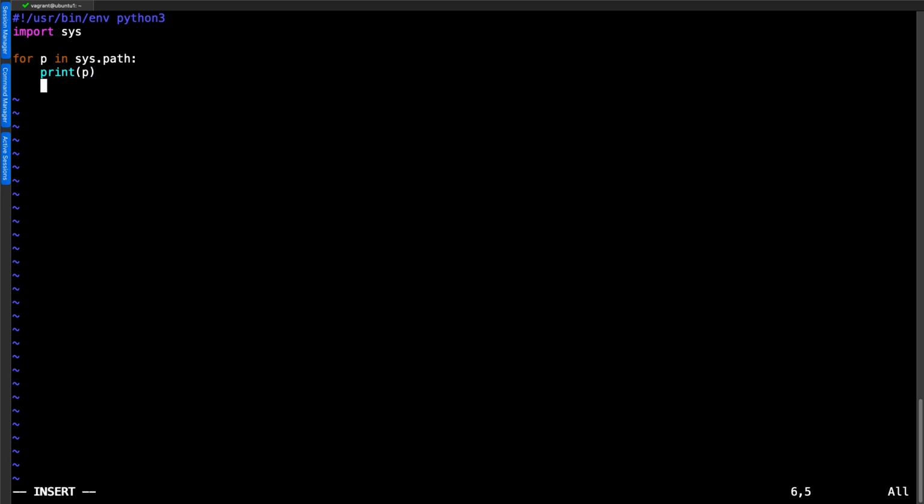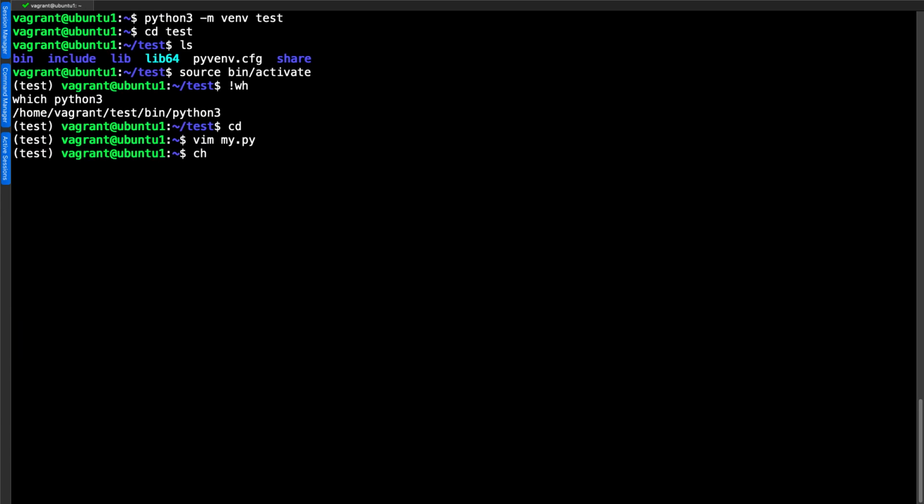So that's going to print out a new line for each path or each directory within the modules path of Python. Once we're ready with that, and it looks pretty good to me, it's very simple really, isn't it? But let's go through and save our change. And of course, once that's saved, we can add in the execute permission. So a for all plus x for execute on my.py, and then run that.